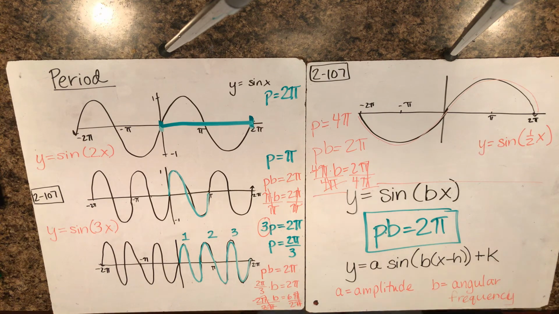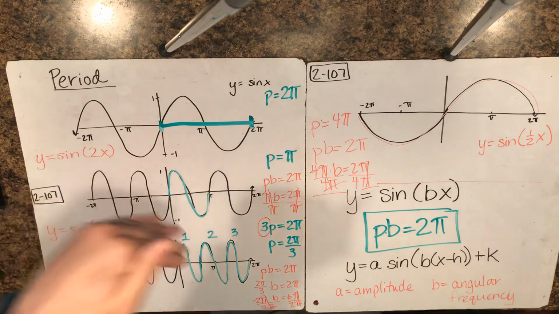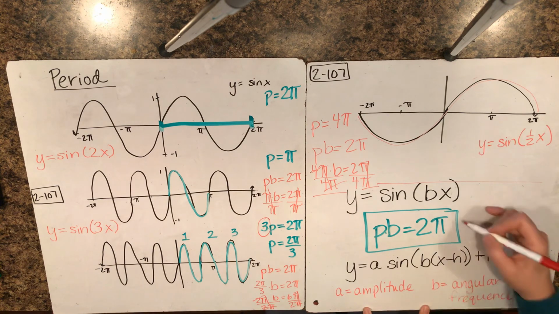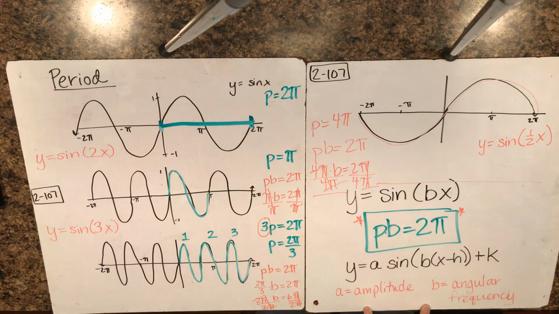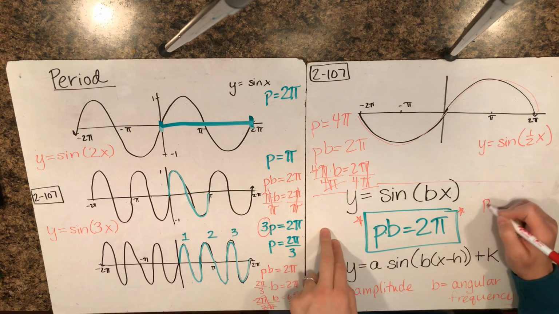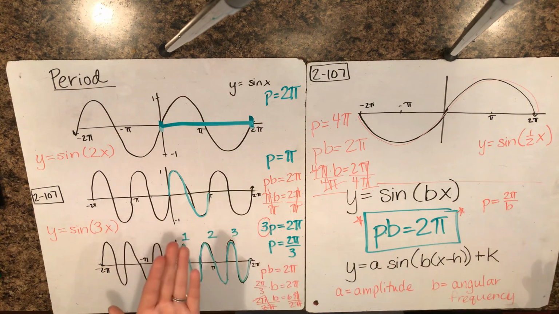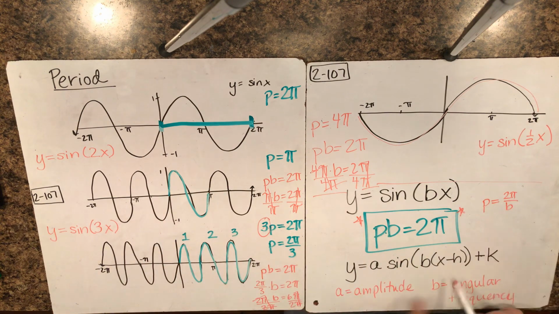Angular frequency is how many times a full cycle happens between 0 and 2 pi. That's the definition of angular frequency. Again, keep in mind period times B equals 2 pi. That's going to be an easy way to help you go between the angular frequency and the period and vice versa. B is not the period. Period times angular frequency gives you 2 pi. Or some people like to think of it as the period is 2 pi divided by angular frequency. It's all the same. It all gets you to the same spot. Remember, H is